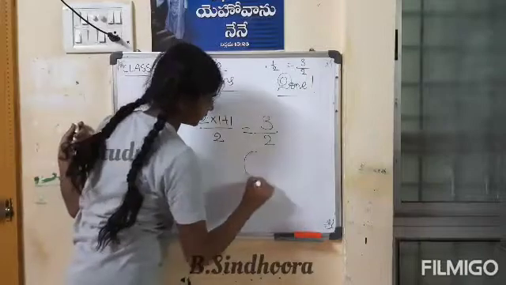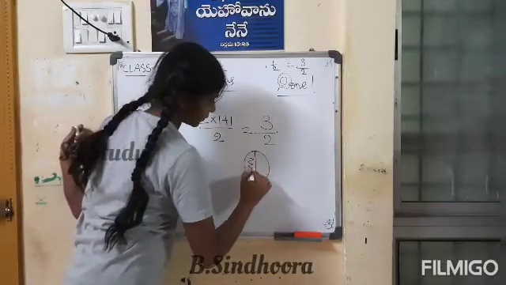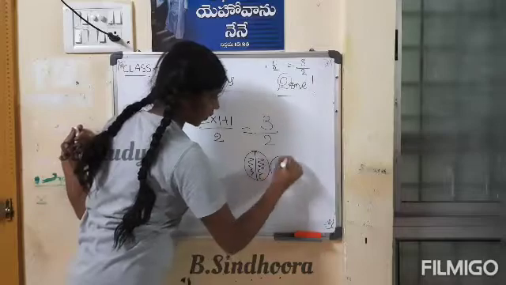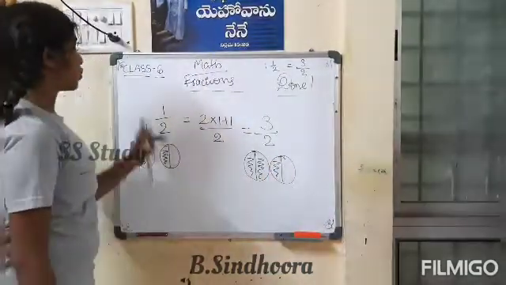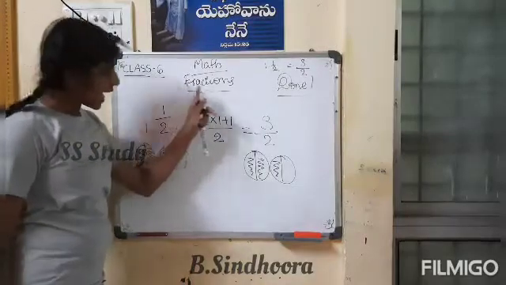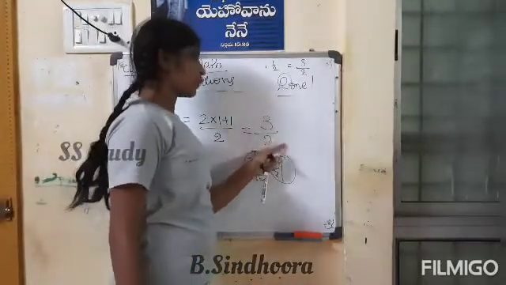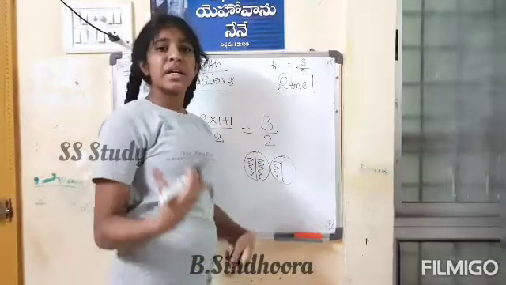Draw the diagram. Another one. 2 plus 1 is 3. See, the same diagrams: 1 by 2 is the same as 3 by 2, but we are writing it differently,